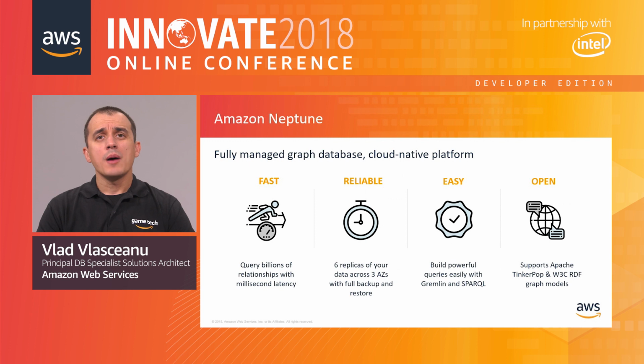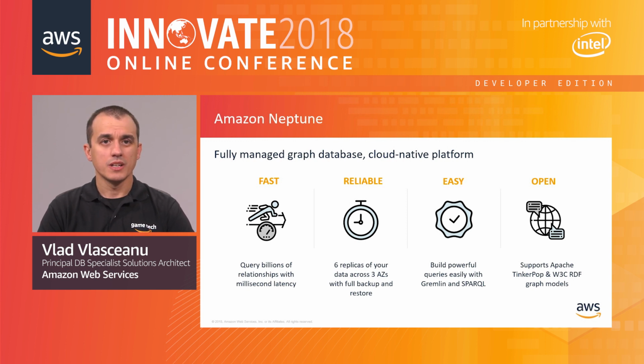And for that, Amazon Neptune is a fully managed graph database service. It's easy to build and run applications that need to work with highly connected data sets. Neptune is designed to effectively store, read, and analyze large amounts of highly connected data. You can execute very powerful queries that are easy to write and perform well on connected data using graph languages